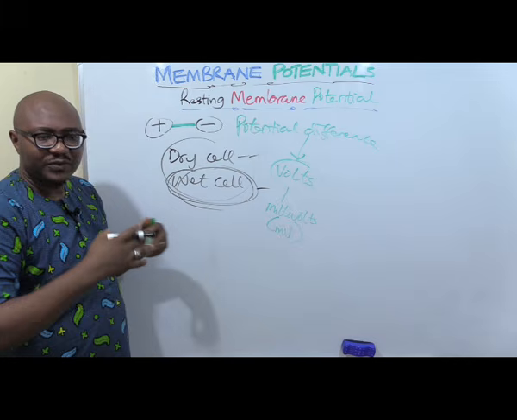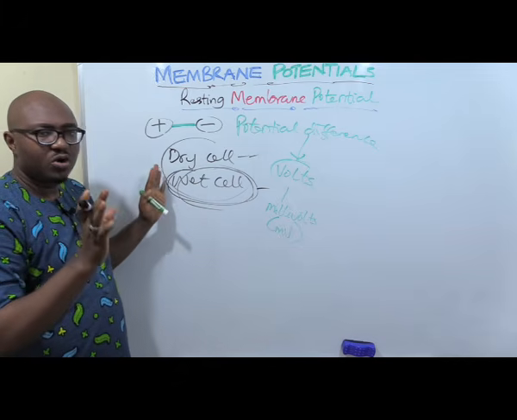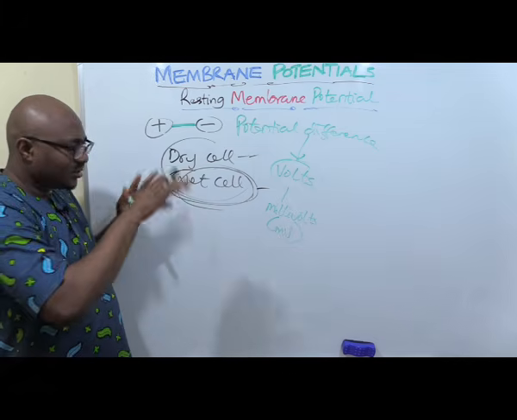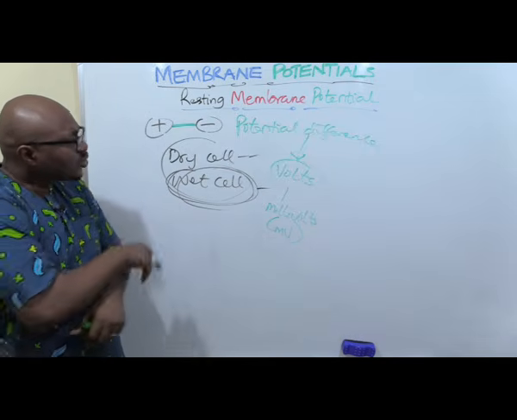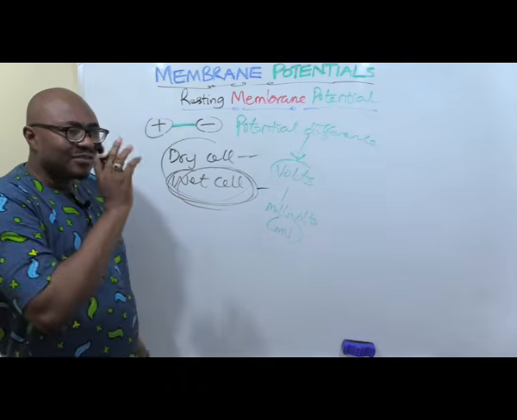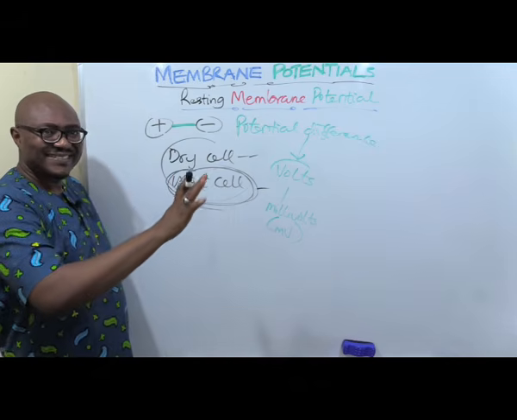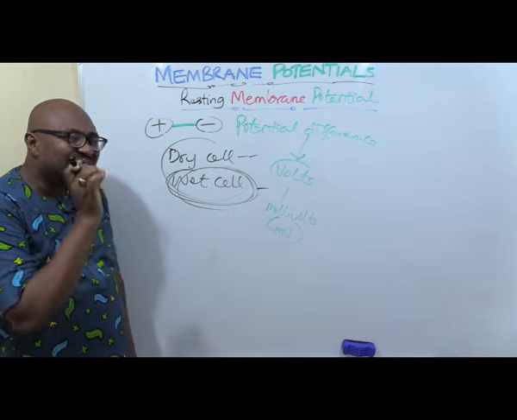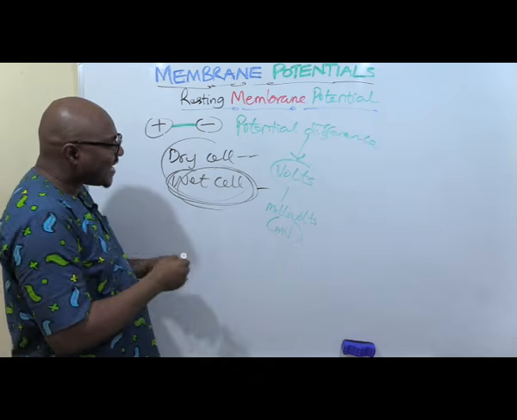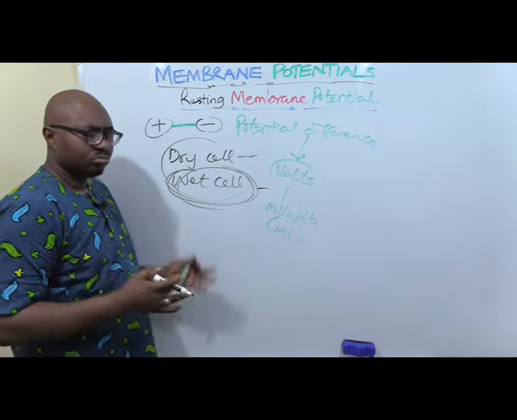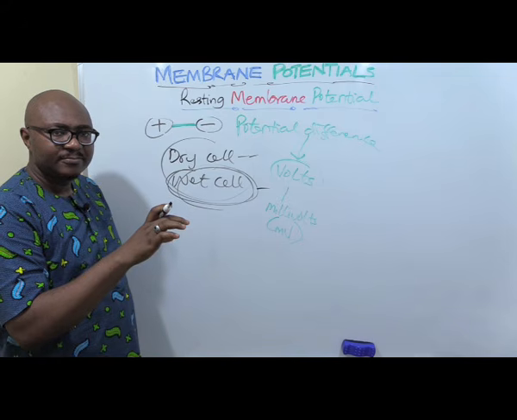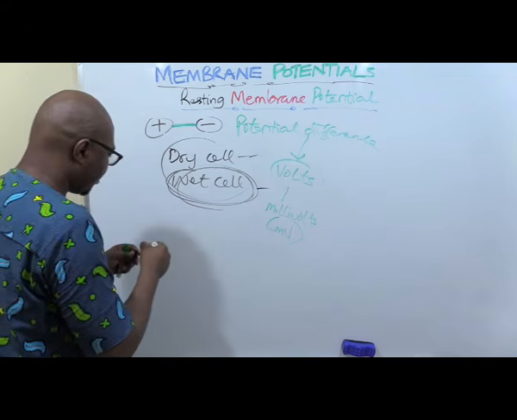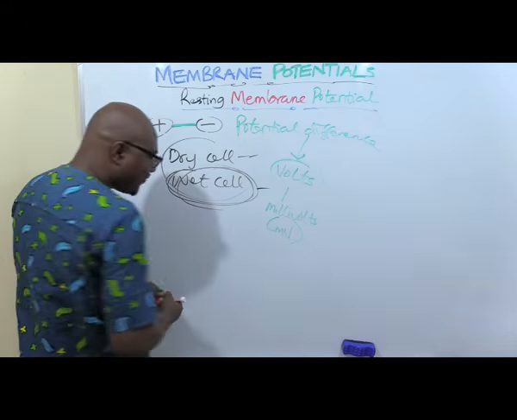So you have ions, you have electrolytes in your body: sodium ion, potassium ion, calcium ion, phosphate ions, all of that in the extracellular and the intracellular fluid. So what happens is that we are dealing with excitable tissues. Excitable cells are cells that have a large potential difference that exists.